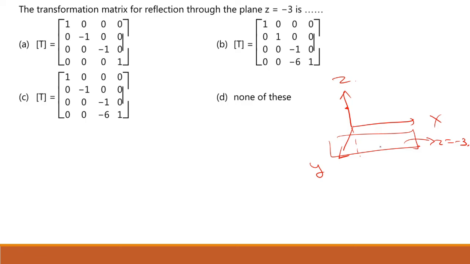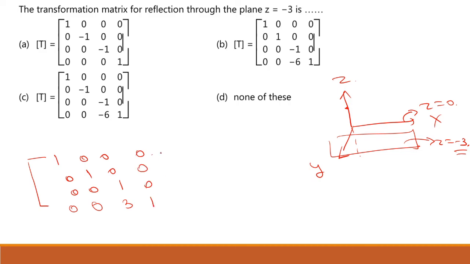First of all, you have to shift this to the Z equal to 0 plane, or XY plane. For that, you have to perform a translation in Z coordinate by 3 units. Here it is -3, so adding 3 gives 0, that is +3. The corresponding matrix will be 1, 0, 0, 0, 1, 0, 0, 0, 1. There is no translation in X, no translation in Y, but there is a translation in Z coordinate by +3 units. So this will be the corresponding matrix.